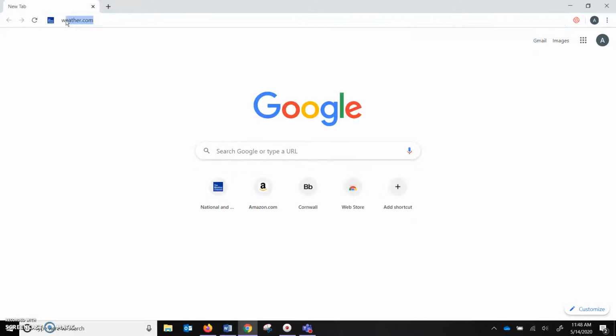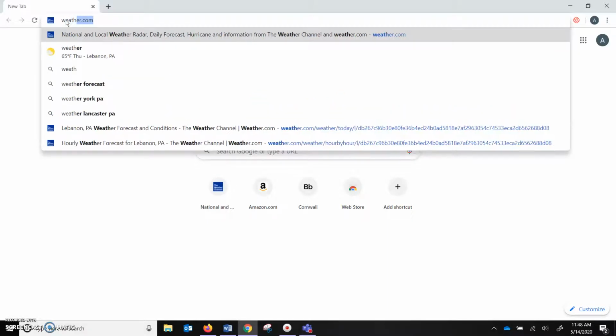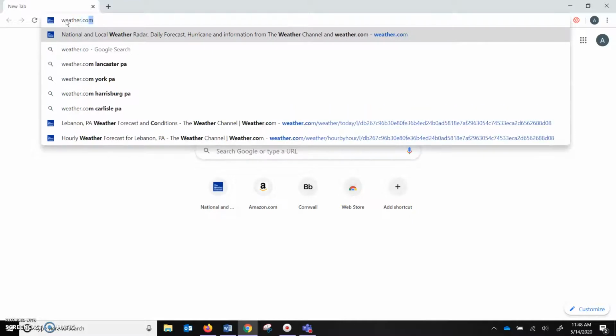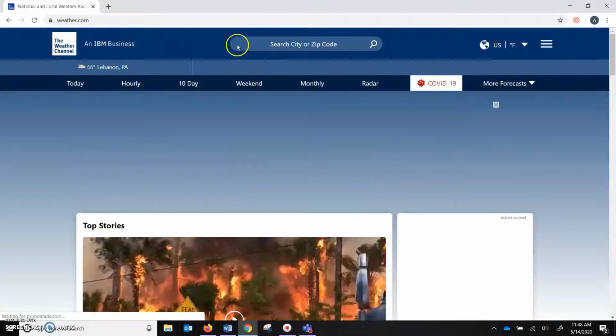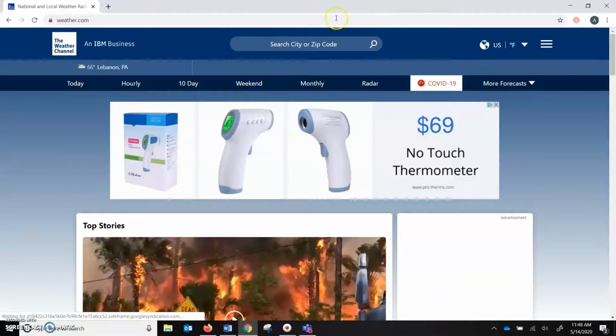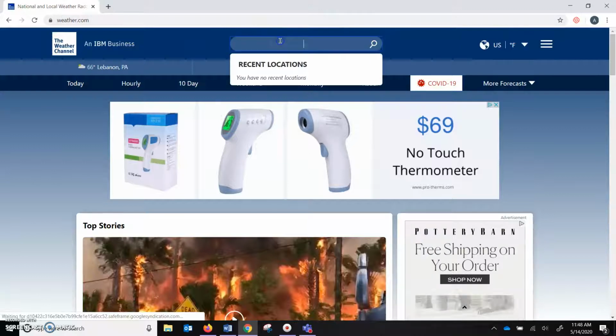You're going to type weather.com and then press enter. This brings us to the Weather Channel website. What we need to do first is search for our city. So you're going to click in this box and we're going to search for Lebanon,